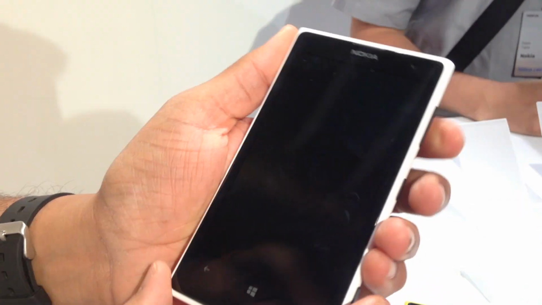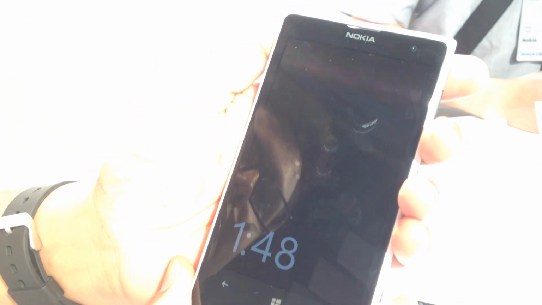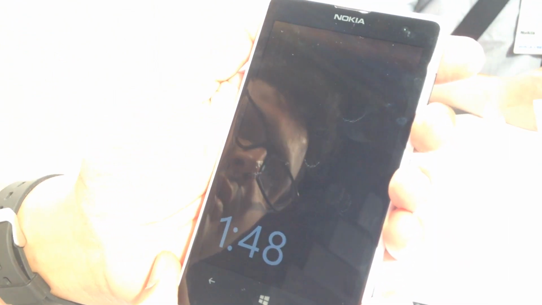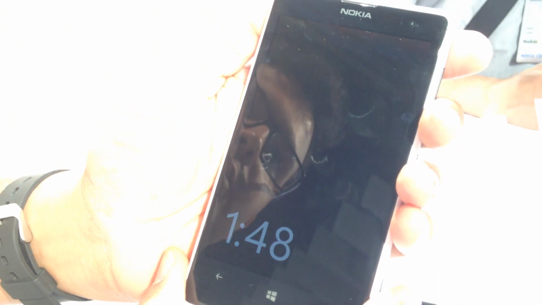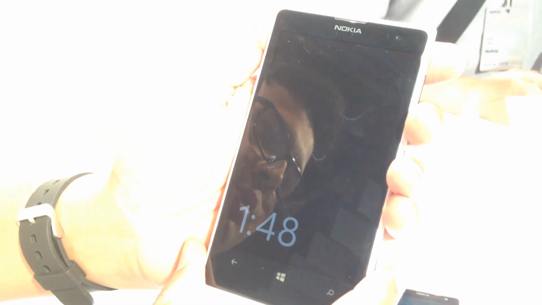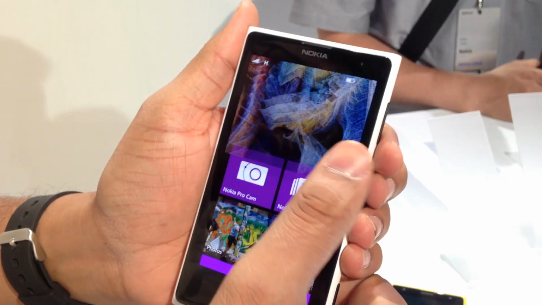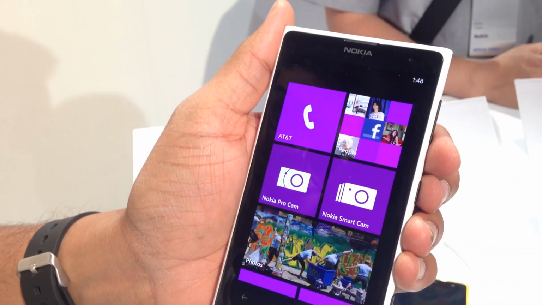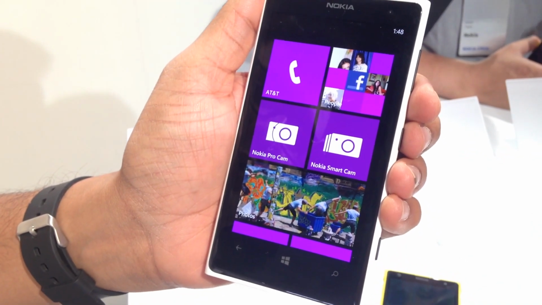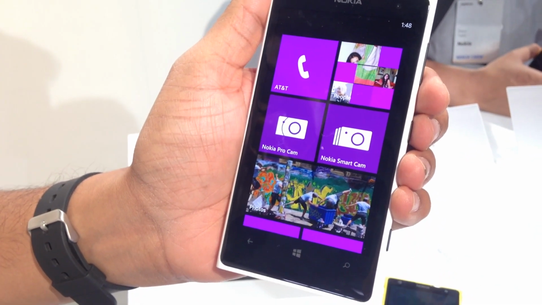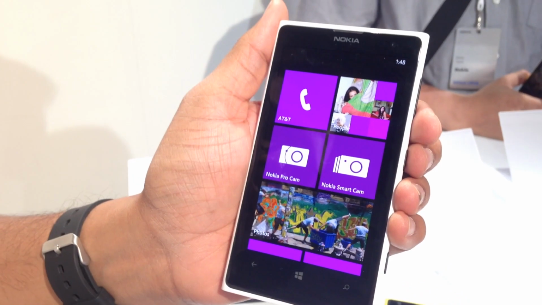Coming to the specifications, it runs a 1.5 gigahertz dual core Snapdragon processor and comes with 2 GB of RAM, which is by far the biggest we have seen in a Windows Phone 8 device. Along with that, it has a 4.5-inch AMOLED display with 720p resolution.